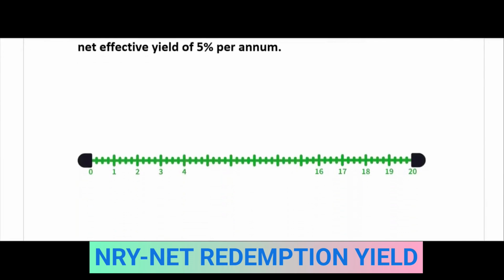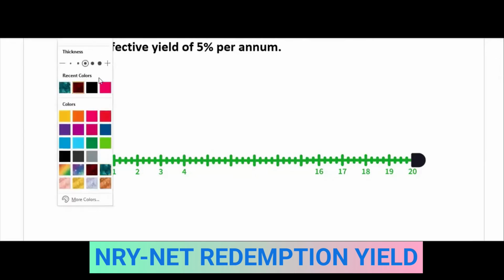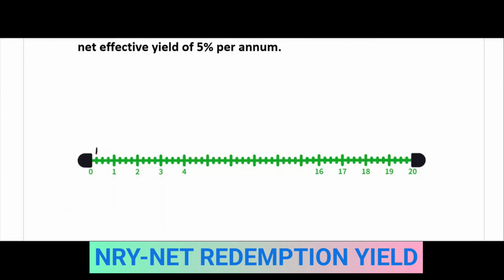Now you see, this is our timeline, and it's very important for you to draw a timeline before approaching the problem. Now, quarterly in arrear. So there is a payment here, a payment here, a payment here, a payment here. And in total, you will have 7 in 1 year. That means 1.75 every quarter. You continue till this. This is the last year. There will be 4 payments in arrears. So the last coupon payment will be this one, 1.75